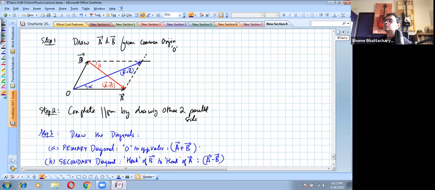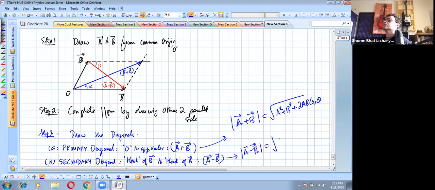Of course, the formula is the same. Okay, so the sum's formula is the same as what we've seen earlier, that A plus B is root of A square plus B square plus 2AB cos theta, and A minus B has a magnitude of root of A square plus B square minus 2AB cos theta. And here now you can see in this diagram, the angle theta is also much easier to understand